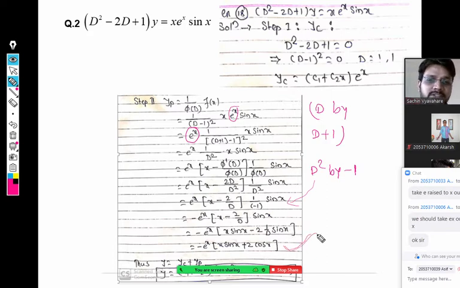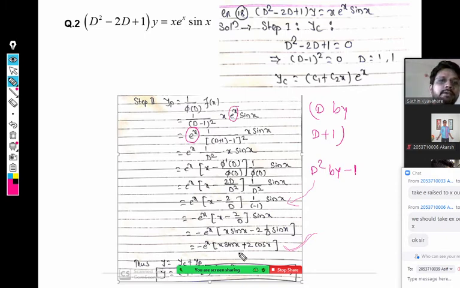I think whatever the answer, who told it? Akash? So that's correct one. I told sir. Ankur. Ankur told. Okay, Ankur completed. Okay, no issue. So Ankur, yes, your answer is correct. Good. But there is a minus sign, so you should remember: minus e raised to x, x sin x plus 2 cos x.